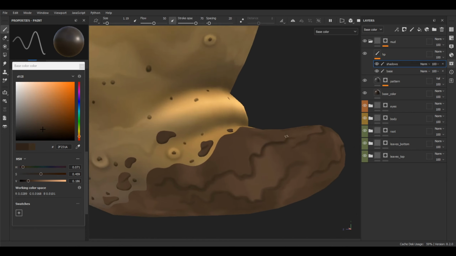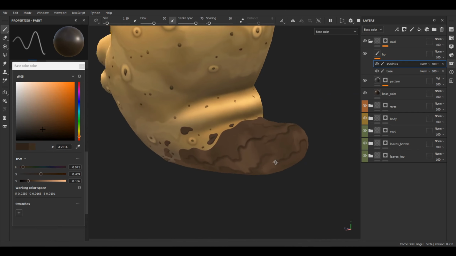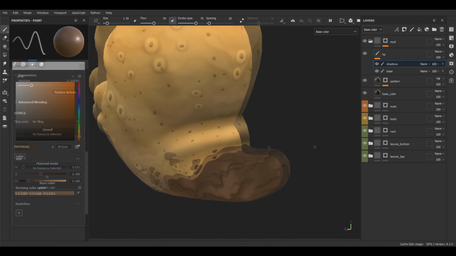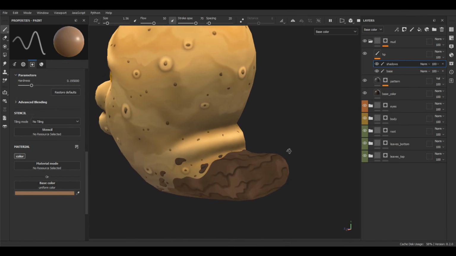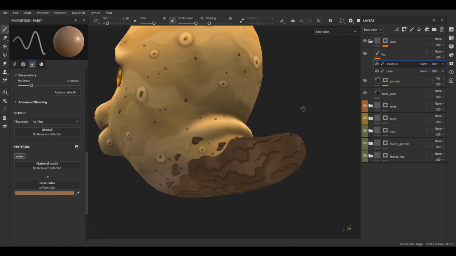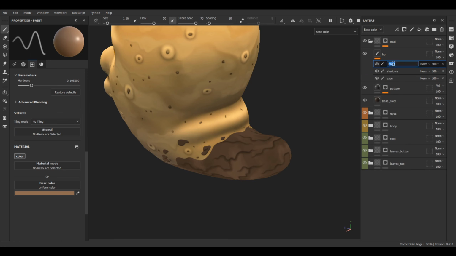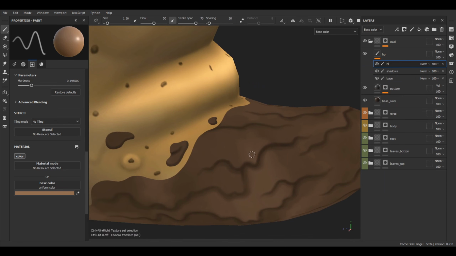Okay, so I will repeat all these steps for the whole area as well, and just return to you in a sec. So this is the final result of my hand paint shadows on our mud texture. And the next one, what I want to add is one more paint layer for the highlights. So let's do it. Let's create a highlight layer, and let's repeat the same step as we did for the